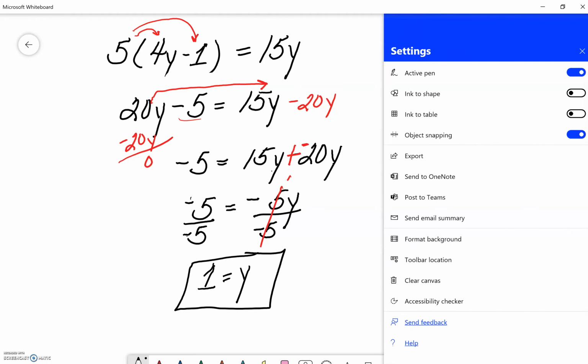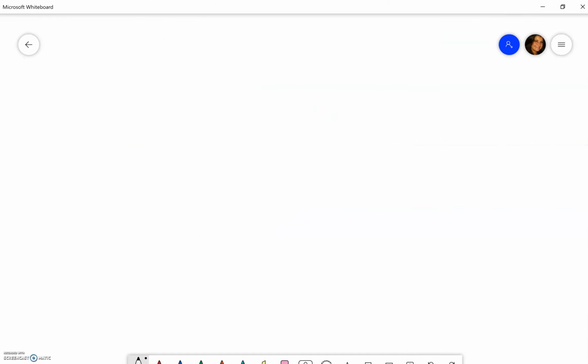All right, let's do another. Okay, so if we have something like -6 times (x plus 2) in parentheses, and we subtract 13 on one side of the equation, and on the other side of the equation, we have 12 plus 5. Now you can already see on the right side we're just going to add that up so we can simplify it. But over on the left side, we can't do anything inside the parentheses, so we're going